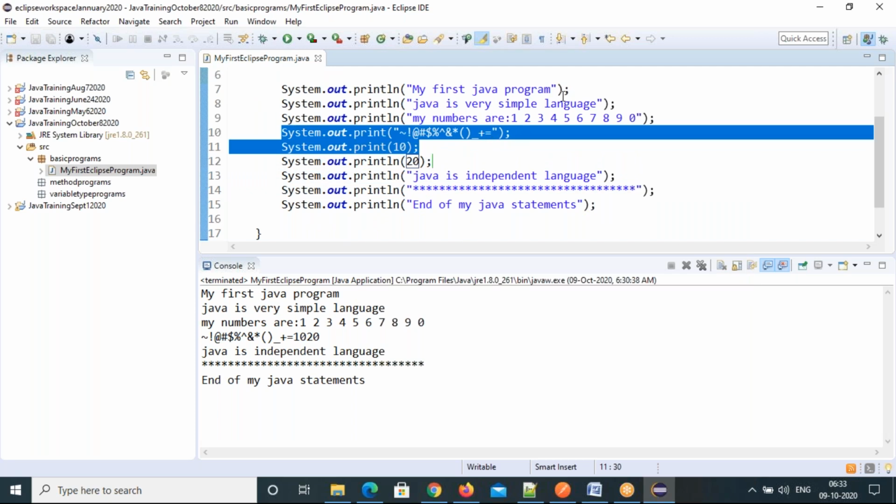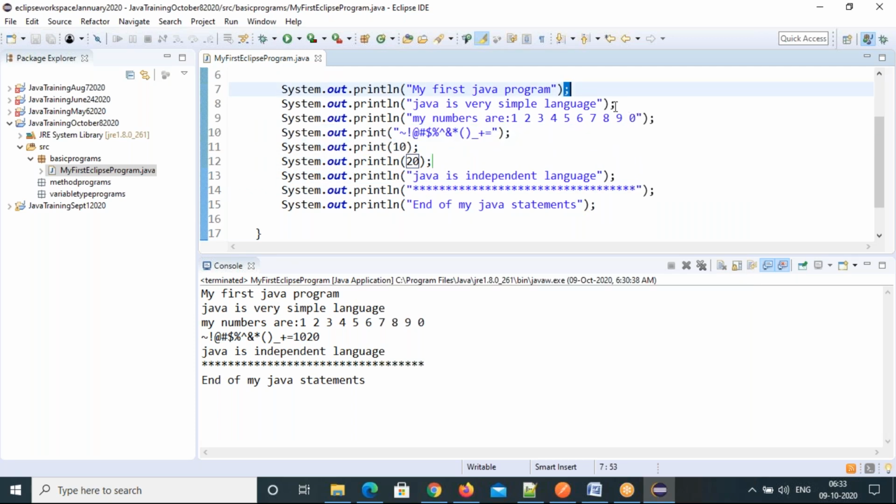And see, every statement is separated by a semicolon. Every print statement is separated by a semicolon. If you don't give this semicolon, it will throw an error here. See the syntax error: insert semicolon to complete the statement.